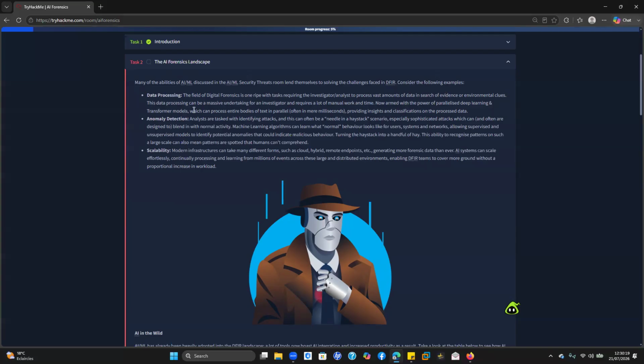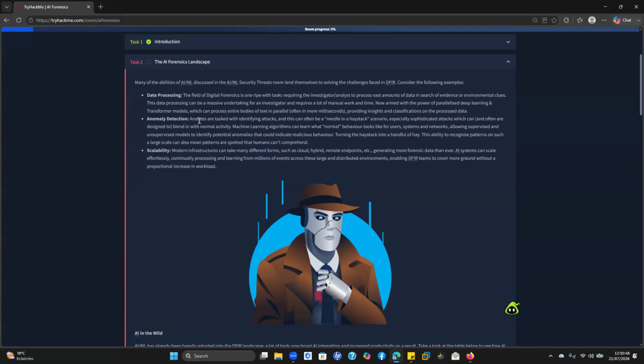This data processing can be a massive undertaking for an investigator and requires a lot of manual work and time. Now, armed with the power of parallelized deep learning and transformer models, which can process entire bodies of text in parallel, often in mere milliseconds,